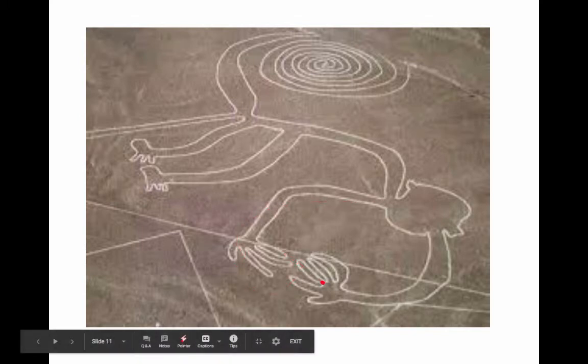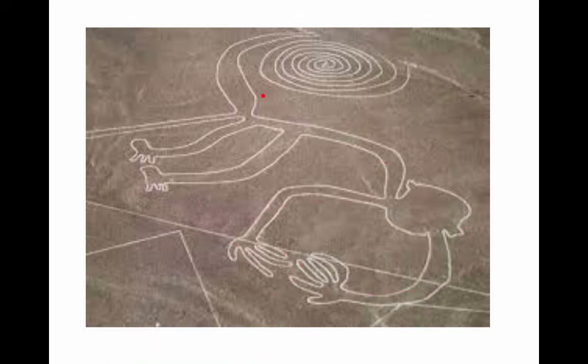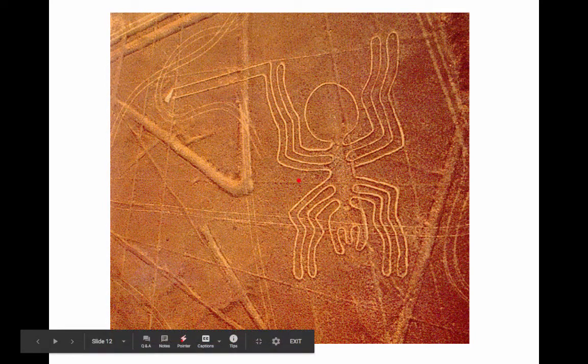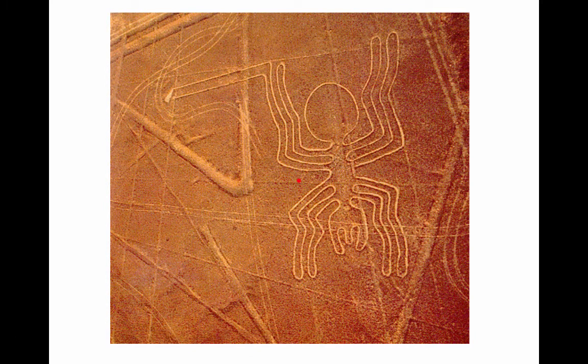The monkey that I mentioned, right? So each one of these shapes is a couple football field size long. So they're huge. So again, the idea of like how they built them, there's a lot of questions because they didn't have a great vantage point in order to give direction. So a lot of mystery, a lot of intrigue. Yeah, and here's the spider. This one's like really exact. I think this one's excellently made. So yeah, the Nazca, a lot of mystery, a heavily religious people. This much we do know.